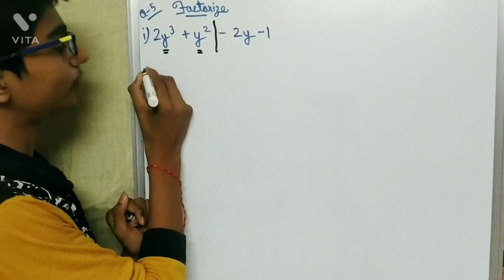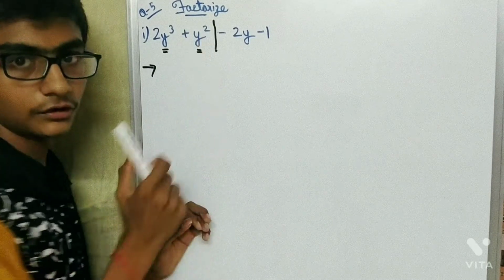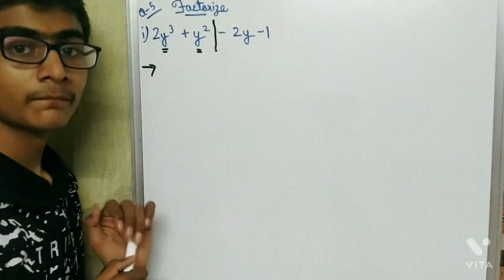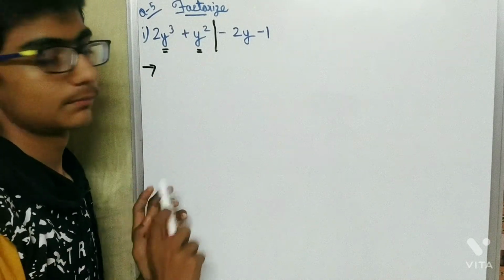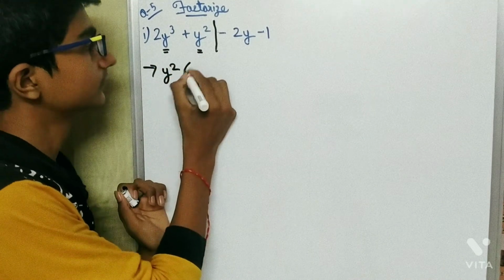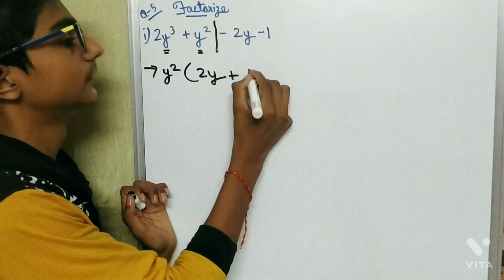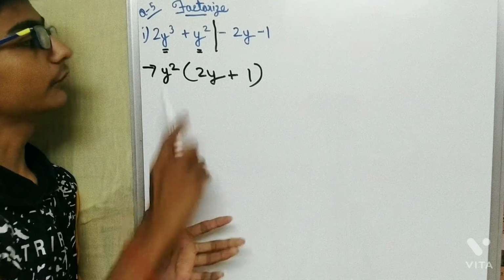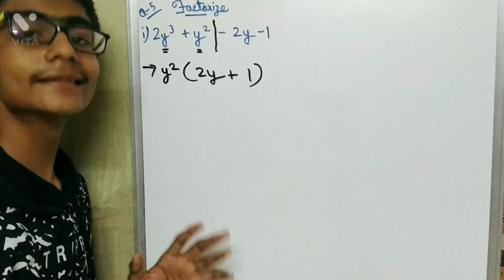So here y is common and there is one sign greater than another. So if you have two signs given and you have to take out common, then you will take the smaller one as the common, because the smaller one will be taken. See here, then here 2y will be left, plus 1 will be left. So the smaller one will always be taken if you have two variables, if you have to take out two variables as common.